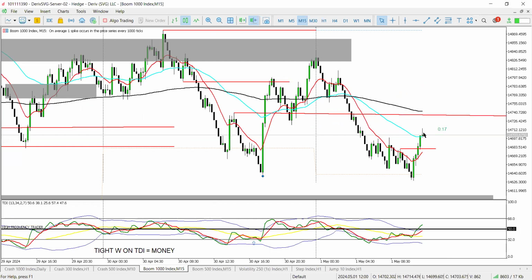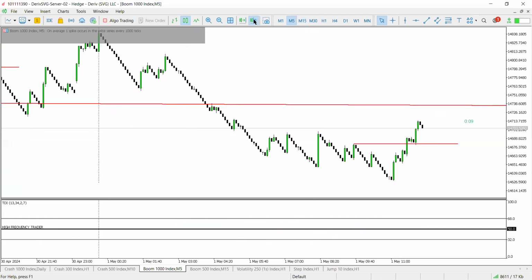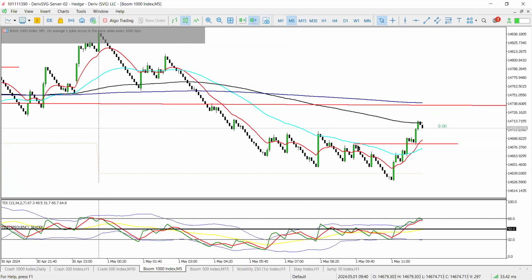So B5, you can see B1 has retraced to almost on the entry. And the way M15 is closing, it looks like it could be a rejection. So if it's a rejection, what could happen here? What could happen is price might actually retrace back to this area here. So I'm going to close my open B1 position at entry point. If they spike from here, that's fine. It will be a miss. But let's look for entries at